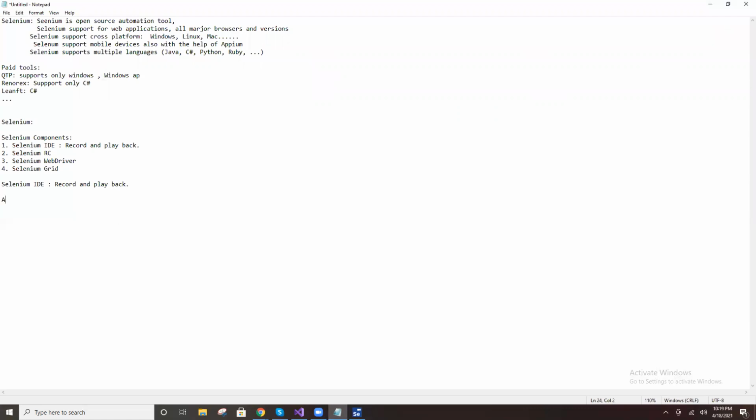Now tell me the advantages. With Selenium IDE you can record and playback. Do you need any language, Java, C#? No, you don't need anything.